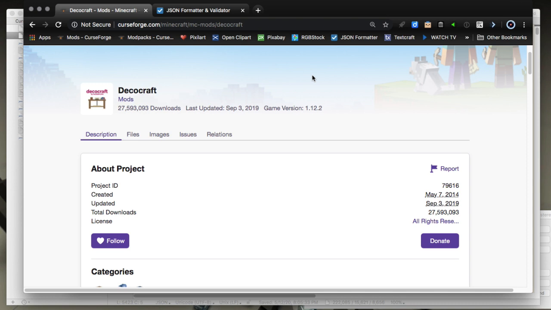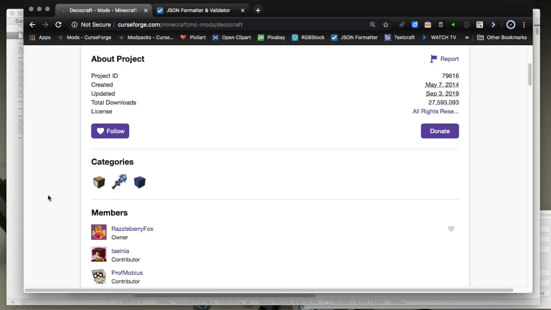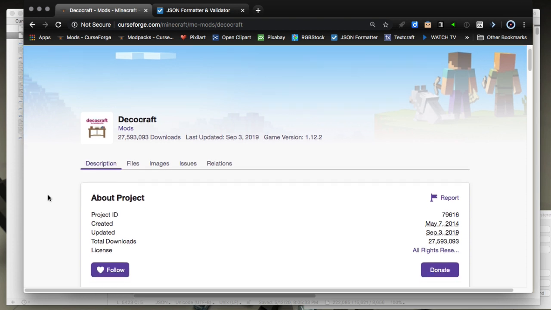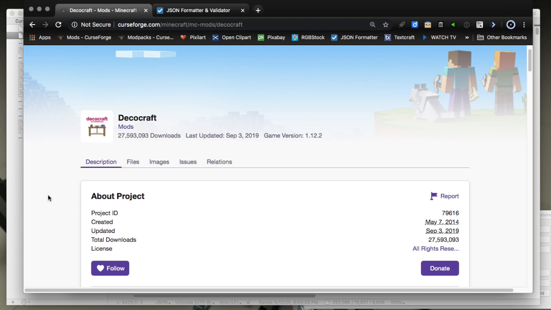In this video, I'm going to show you how to disable items in the Decocraft mod. Okay, and guys, this is not officially ordained at all and not intended by the mod author Raspberry Fox for you to do. But Decocraft is one of the best mods for Minecraft, but it's also one of the heaviest mods. It has got tons and tons of decoration stuff in it. And really, honestly, it has a lot of fluff stuff in it too that you probably don't want to use